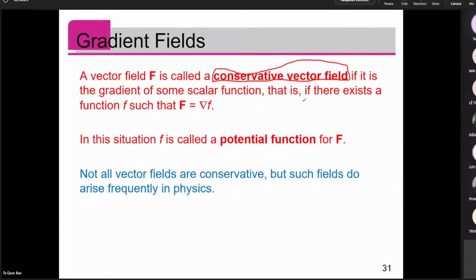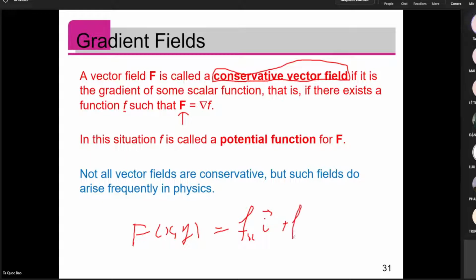So it means that if you have a vector field F, and this vector field F is exactly the gradient of some function f, then we call F a conservative vector field. So it means that F(x, y) can be represented by